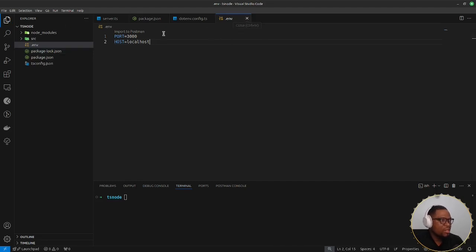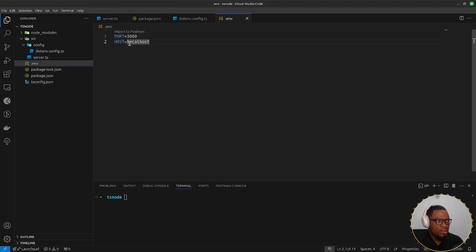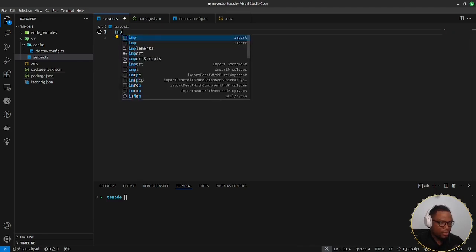So we have these two set up. Basically, once we run this, it will give us access to things like process.env.whatever environment variable that we place in here. Let's come into our server and get rid of this, and we'll say import